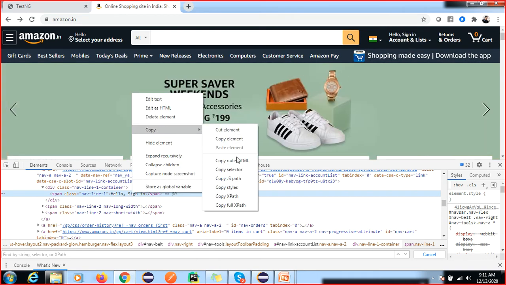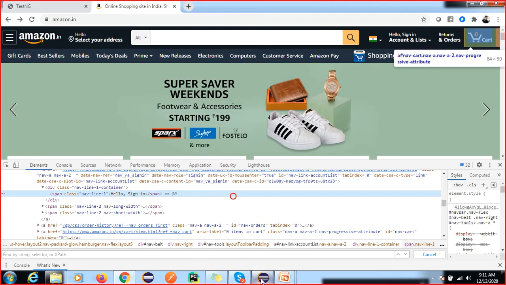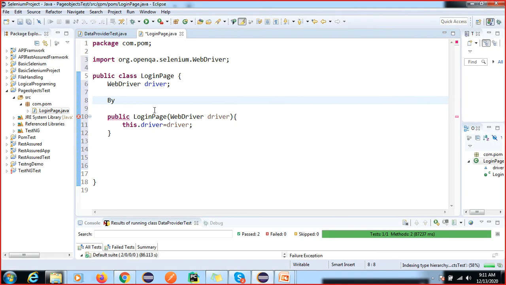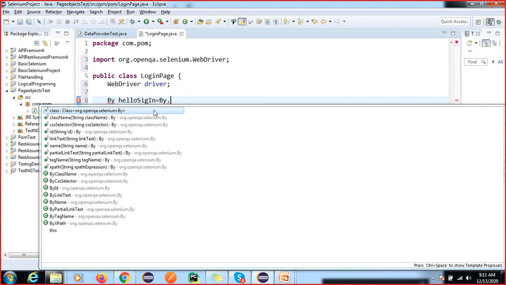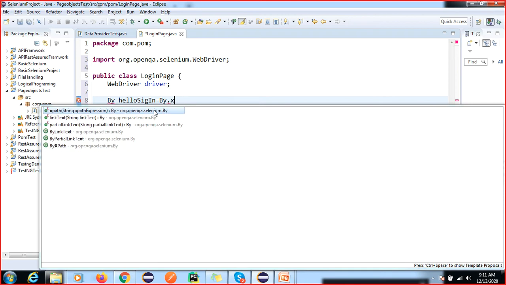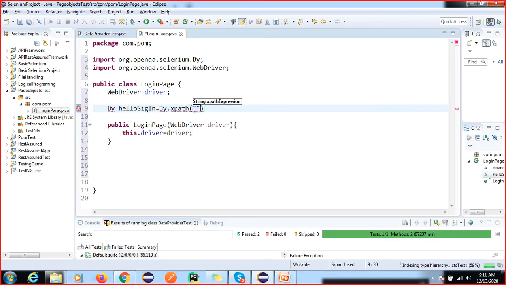So you guys can try to find your XPath. So here, what is this? Sign in. Okay, so now By dot, so By is a class. By.xpath, so like that we can find this. First I'm going to find all the elements.